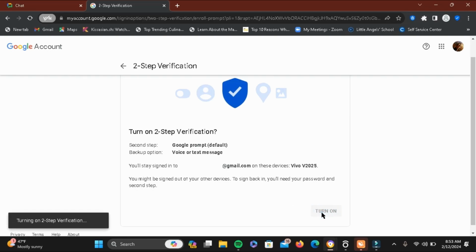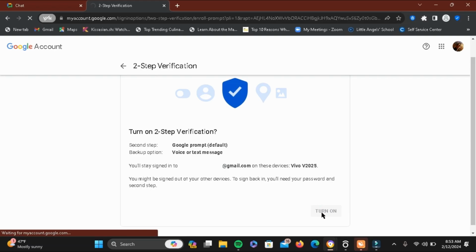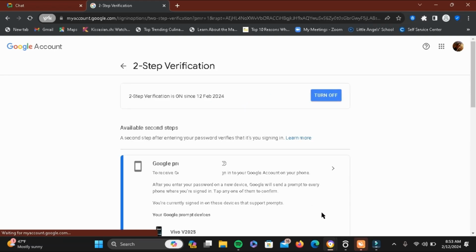Now once you do this, you'll be able to turn on your two-step verification, and if anyone, even you, try to log in to any of the Google services, it will notify you using your email address